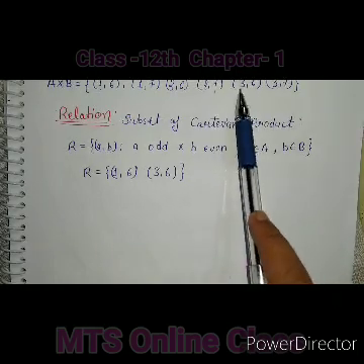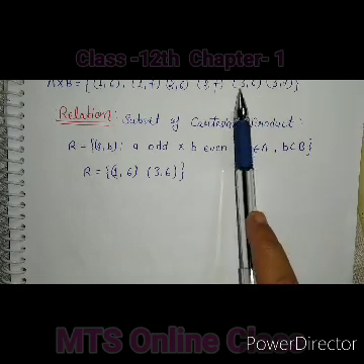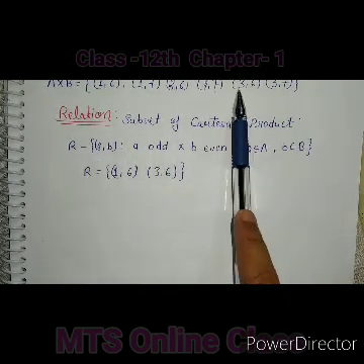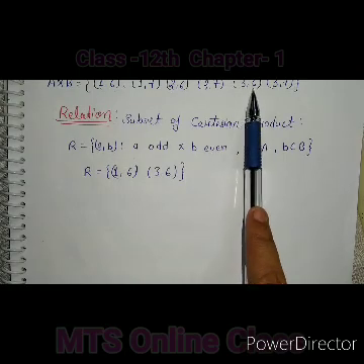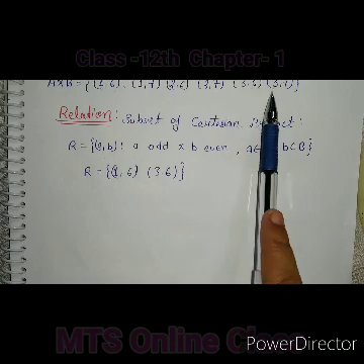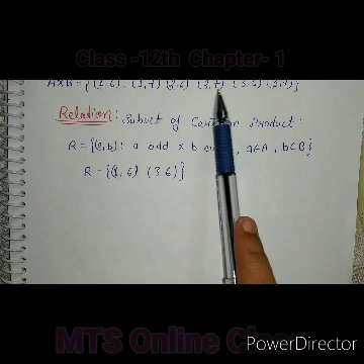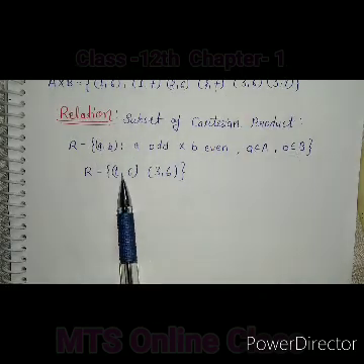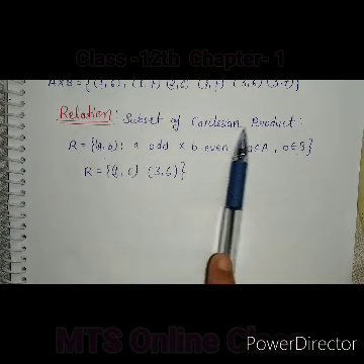So the next one is (3, 6). 3 and 6 satisfy our relation because 3 is an odd number and 3 belongs to A, and 6 is an even number and 6 belongs to B. The next one is (3, 7). Both are odd numbers. So according to this relation, we find only two ordered pairs. This is a subset of the Cartesian product.